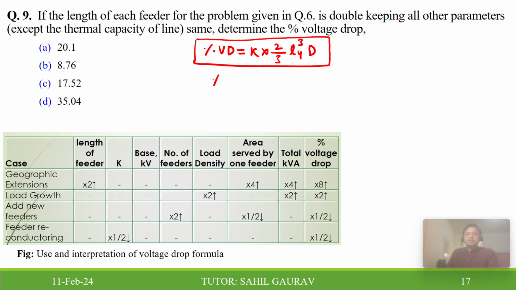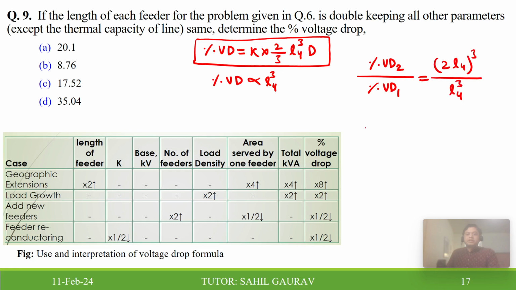So we can say that percentage voltage drop is directly proportional to L⁴Q. So percentage voltage drop in the second case and percentage voltage drop in the first case, we can compare: 2L⁴Q divided by L⁴Q. So percentage voltage drop 2 equals 8 times percentage voltage drop 1,